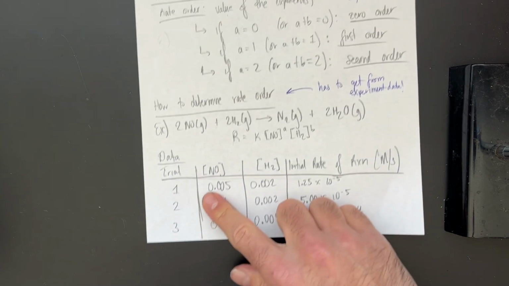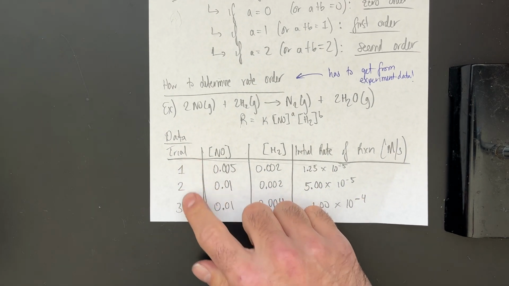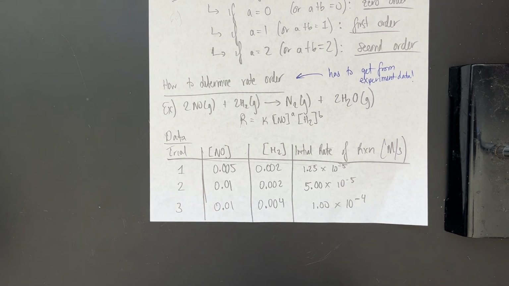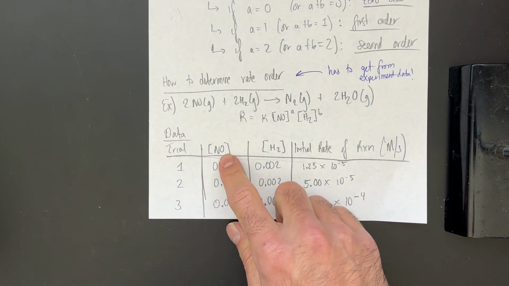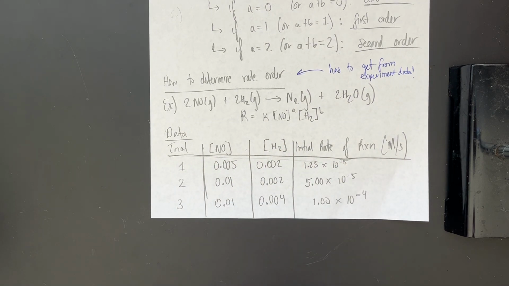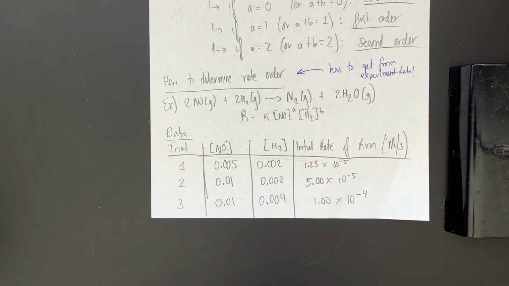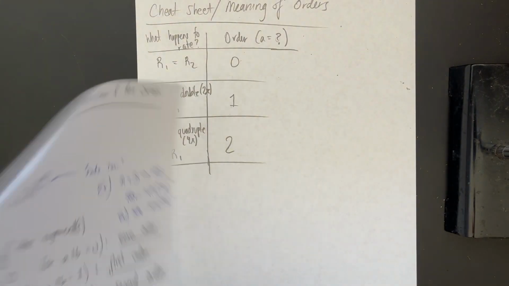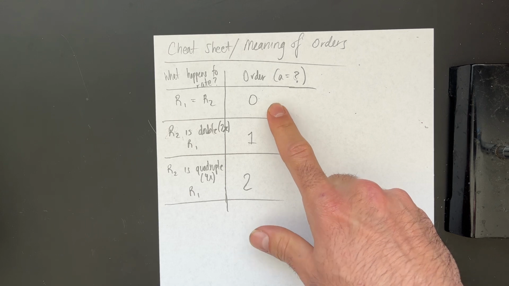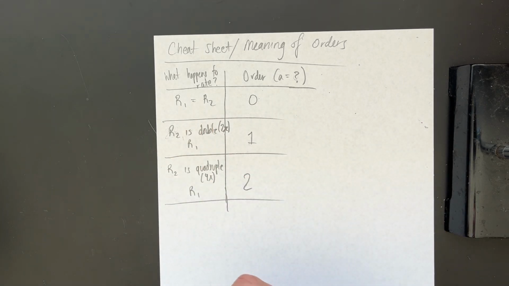To do that, what some scientists did is they did 3 trials. And what they did is they changed the overall concentration of NO and H2. And then they measured the initial rate of the reaction. The reason they're doing that is because 0 order, first order, and second order actually have meanings. So this is what the meanings are. For example, 0 order reactions means that overall the reaction rate doesn't change even if we change the concentration of our